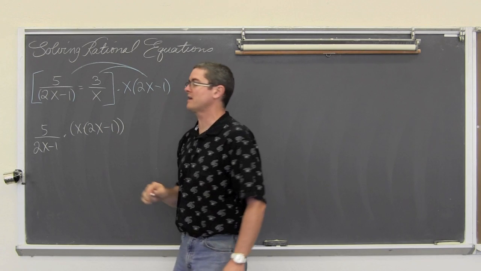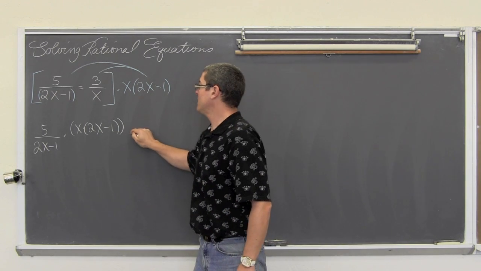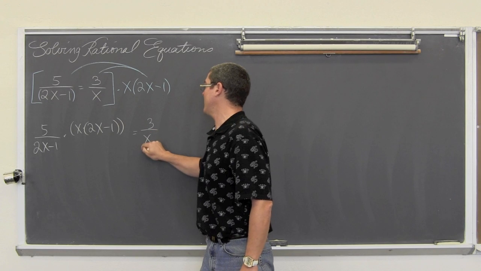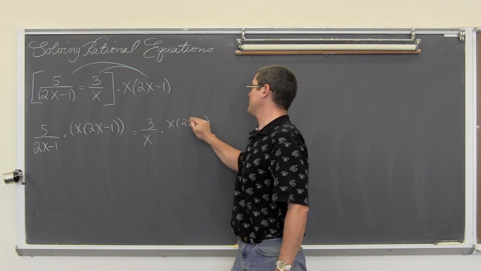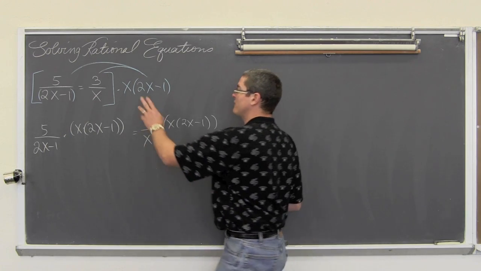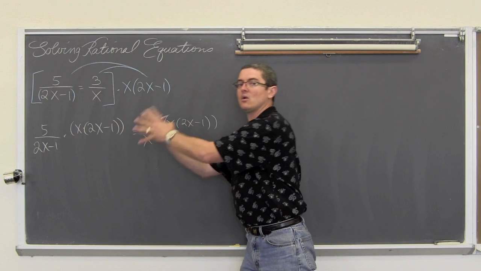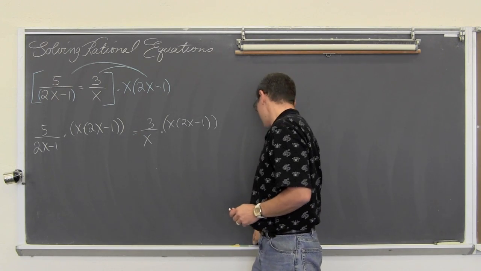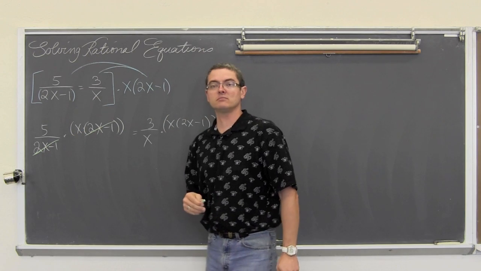This is just sort of like an academic step. I'm not going to show this much work in all my other examples. Equals 3 over x times 2x minus 1. Of course, the purpose of this is so that we find all these factors in our denominator and multiply by the lowest common denominator. That will allow us to cancel out the denominator.